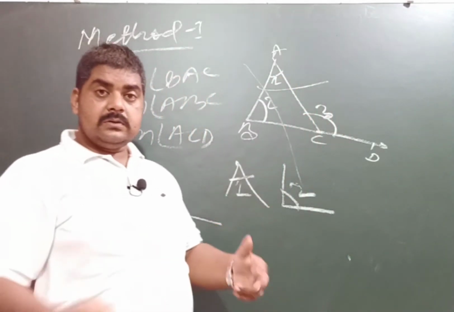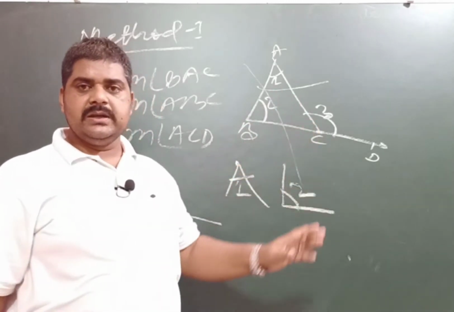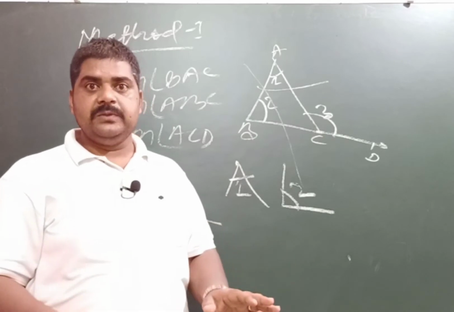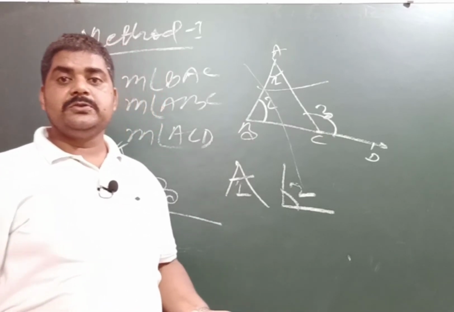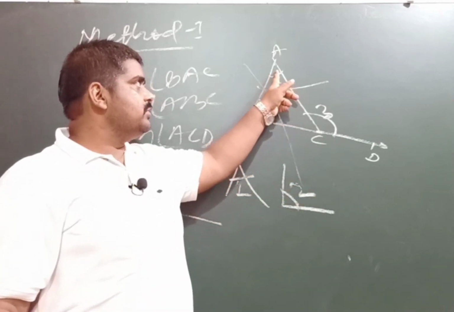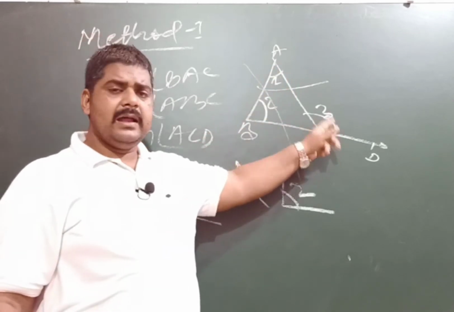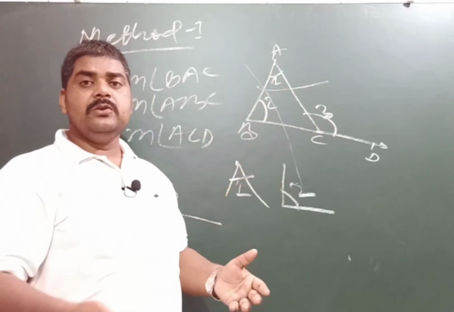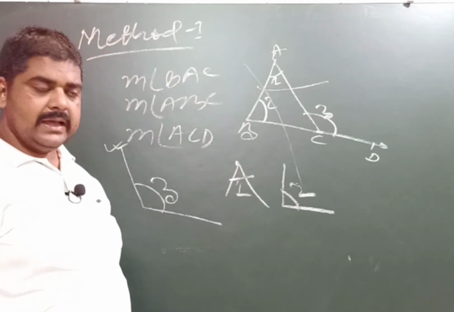Before using the scissors, you need to mark them as 1, 2, 3, or you may use colors, because afterwards you may get confused about which were the original angles. This is why you may use colors, suppose red, blue and green, or you may use 1, 2, 3 or some other notation for that.